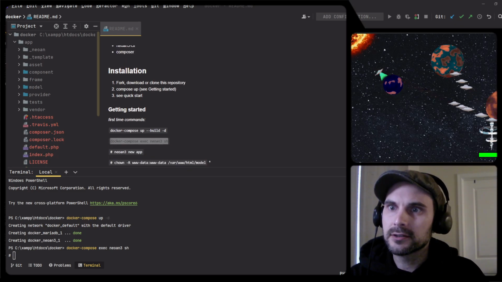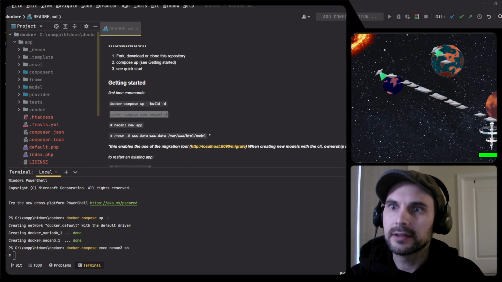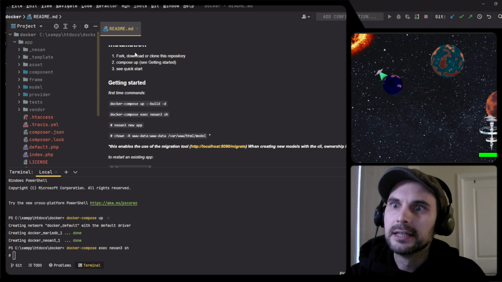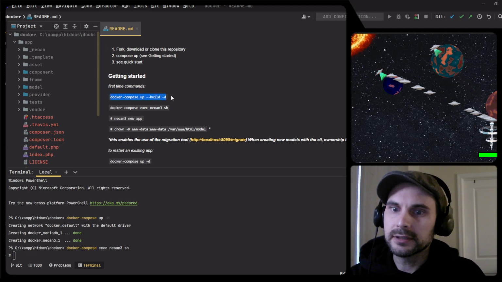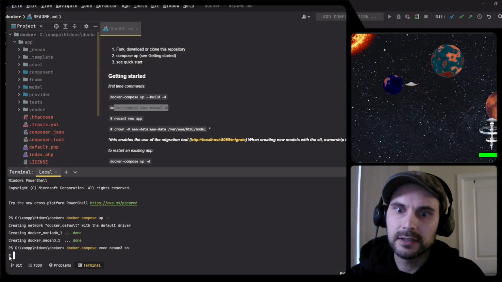What you see here is I have the README open, so those are the steps I did, right? So I forked this and then downloaded and then cloned. This is what I would recommend: fork and then clone, so you can keep it up to date on your end. And then ran those commands. So build up, I already did that, and then basically log into the shell. I already did that. You can see that here down at my little hashtag sign,